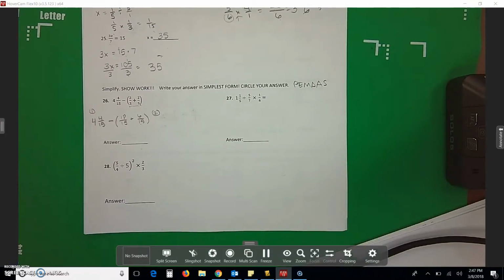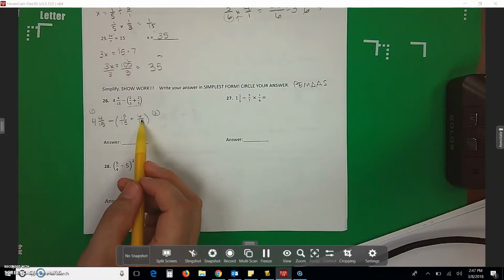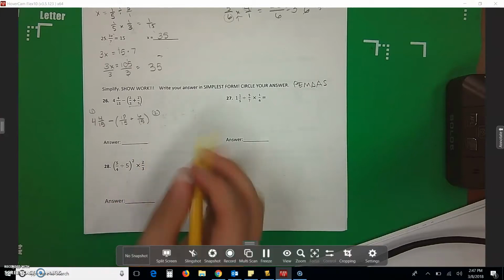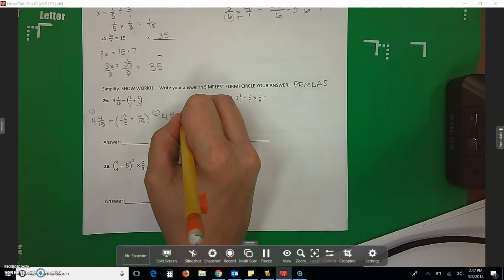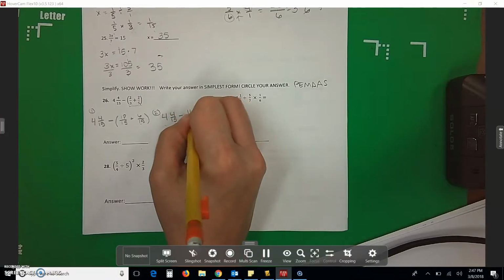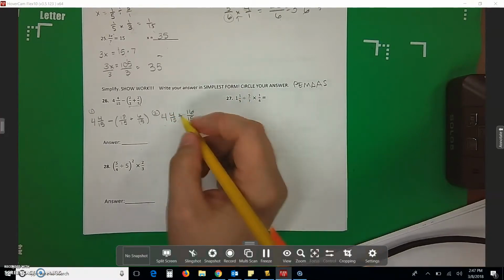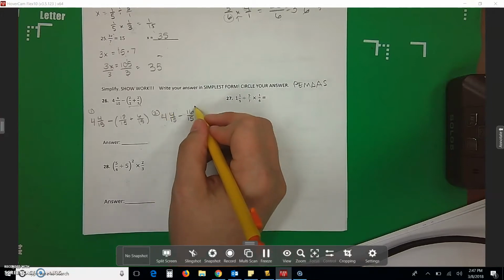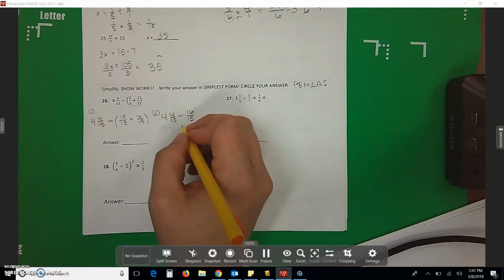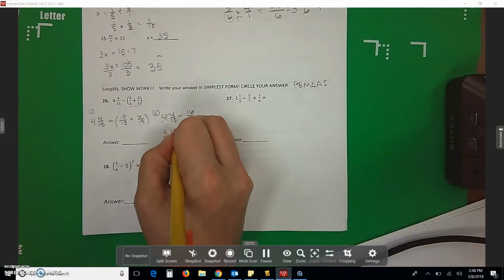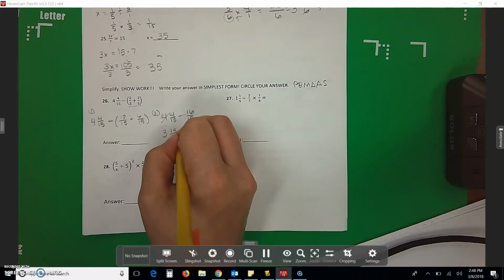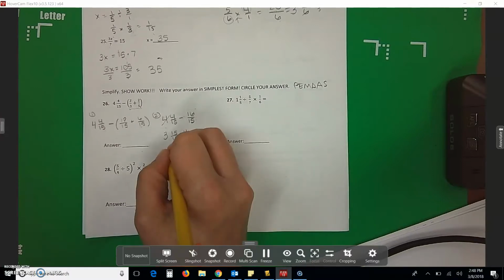As you can probably tell, I just paused it because I did a stupid mistake and I subtracted these two instead of adding them like I was supposed to. So I erased that. So now I've got 4 4/15 minus 16/15. Okay? This is not big enough to subtract this, so I'm going to have to borrow. If you remember borrowing, it means I'm going to take this 4, turn it into a 3, and I need 15ths. So I got 15/15 plus 4/15. So I've got 3